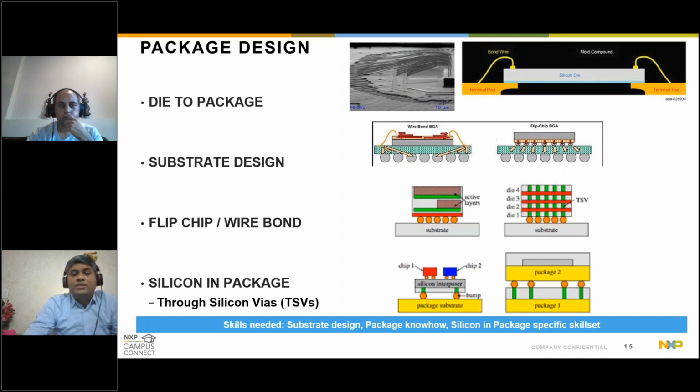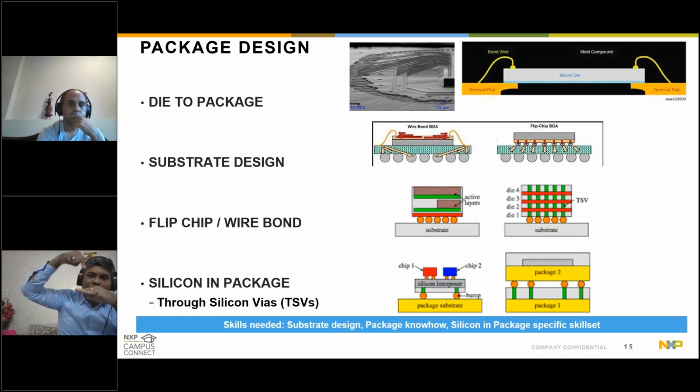Then there are special technologies like, if you have die to die, how do you connect them? There are technologies such as through silicon via, where basically holes are drilled. You can imagine them as holes drilled into the first chip or the second chip, so that they can just be placed on top of each other and they get connected on their own. You can imagine the challenges and the opportunities you guys have.